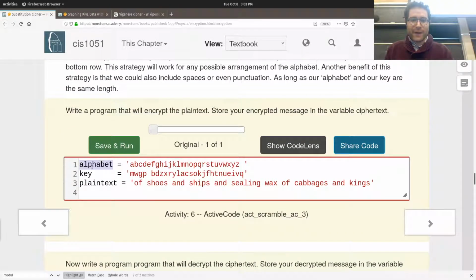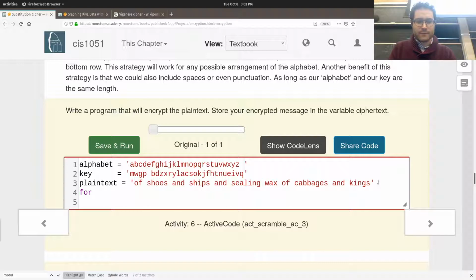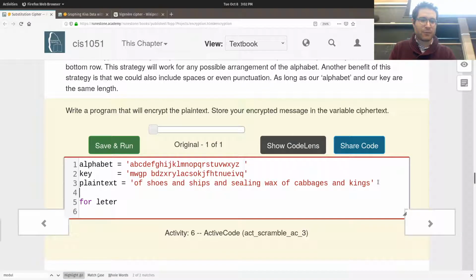We'll take our alphabet and apply our key to it, and it will look something like this. For letter, this will look even easier. You'll be wondering, why did Professor Rosen do what he was doing earlier when he could have done this? Because it's always nice to show you the hard way to do it first so you can appreciate the easy way. So for letter, assuming I can spell, in the plain text,